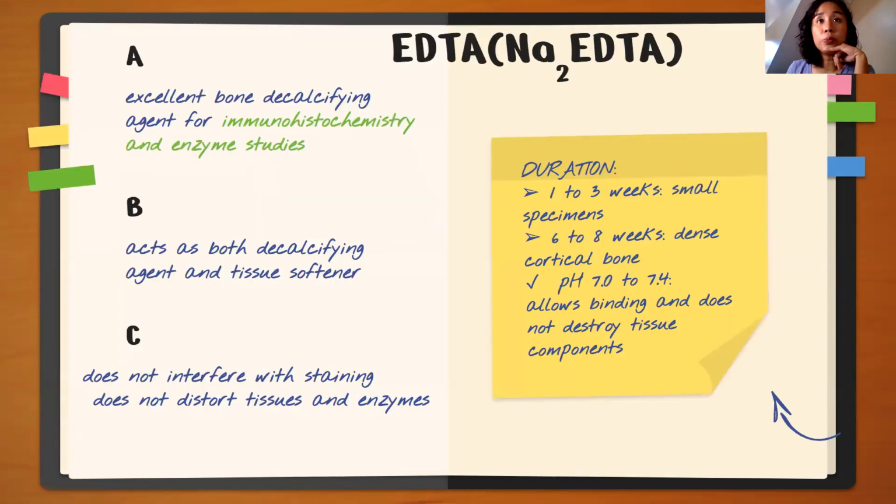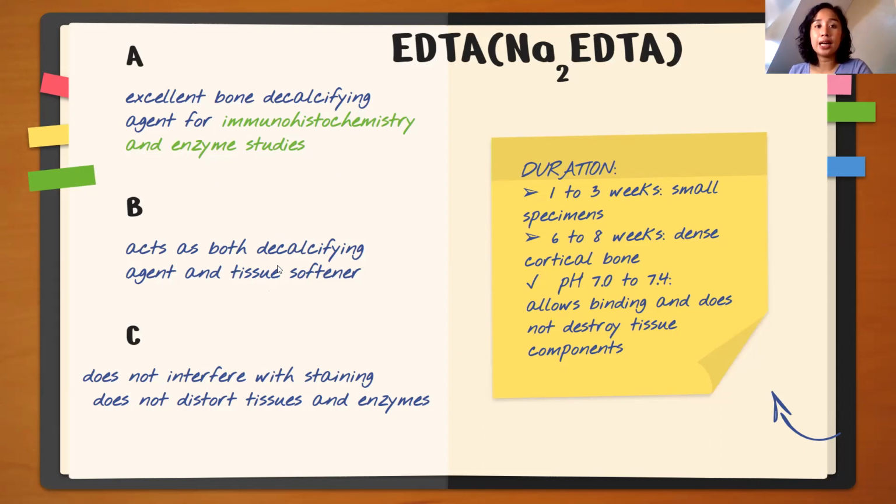So class, disodium EDTA ang form ng EDTA na ginagamit as a chelating agent. Yan. Yung brand na ginagamit is Versene. V-E-R-S-E-N-E. So class, maganda daw ang EDTA kasi you could also use it for immunohistochemistry and enzyme studies. Siguro yung pinaka-advantage ng EDTA, this decalcifying agent is best if you are using these types of studies, immunohistochemistry and enzyme studies. It's both a decalcifying agent and a tissue softener, just like your